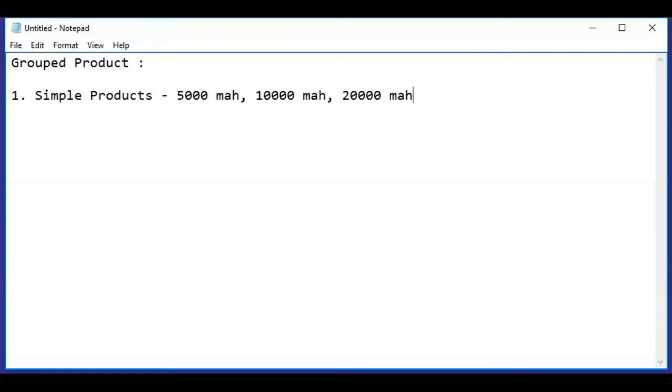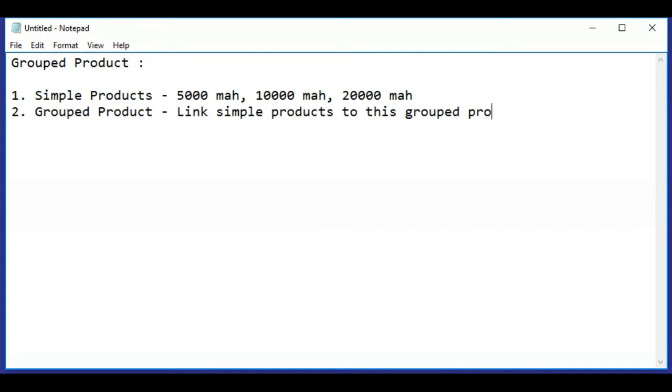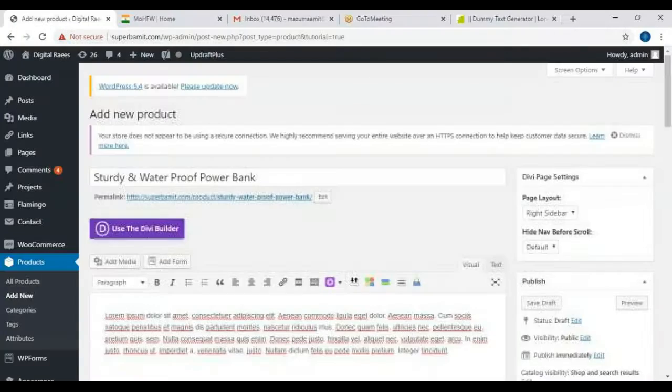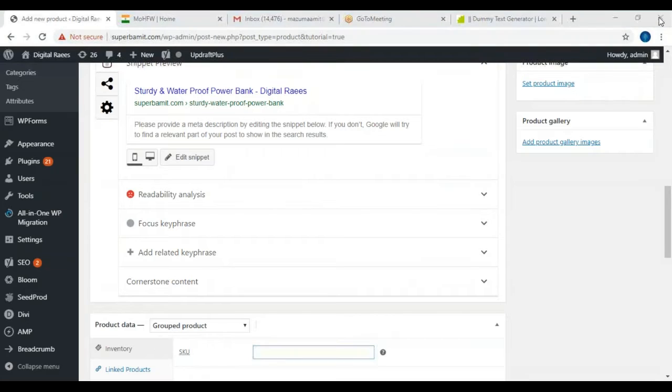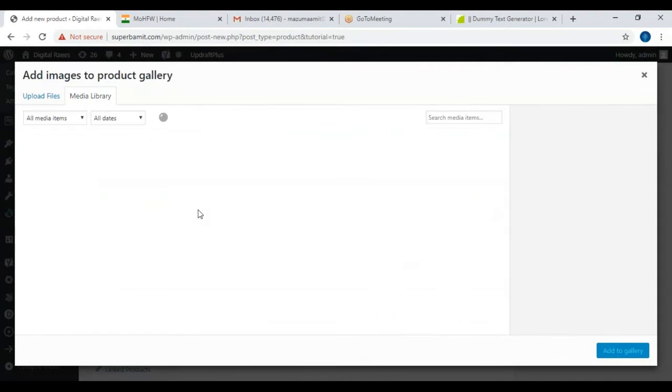So we have to create three simple products of 5,000 mAh, 10,000 mAh, and 20,000 mAh, and then we have to create a grouped product, and we have to link the simple products to this grouped product page. Okay. Once that is done, then we have to link up in here. So I will add some images in this grouped product.